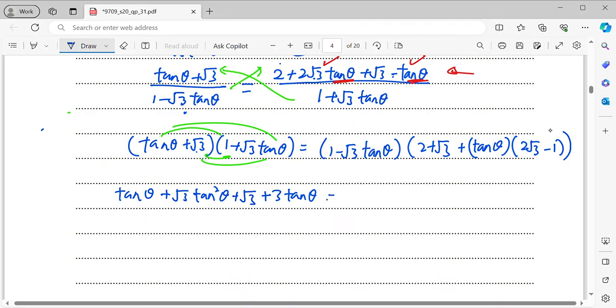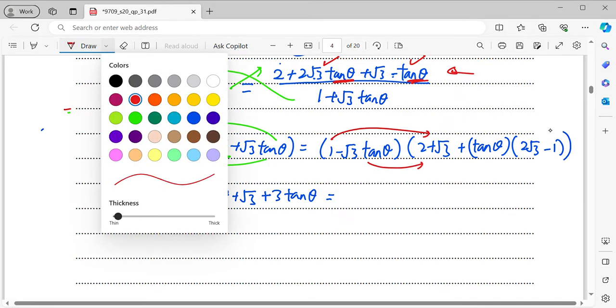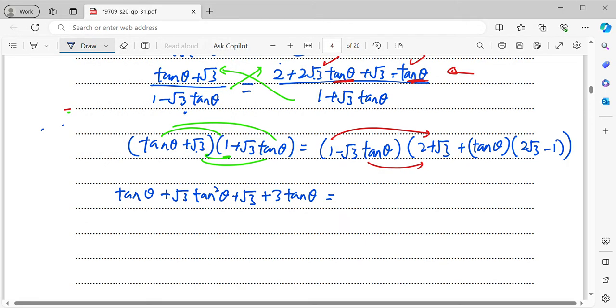Okay, so for the right hand side, just 1 times all these terms, followed by (√3 − √3 tan θ) times the whole bracket. So when I multiply the whole bracket by 1, we just need to rewrite. So it will be 2 + √3 + tan θ (2√3 − 1). And then for the second expansion, which is this, you will be getting